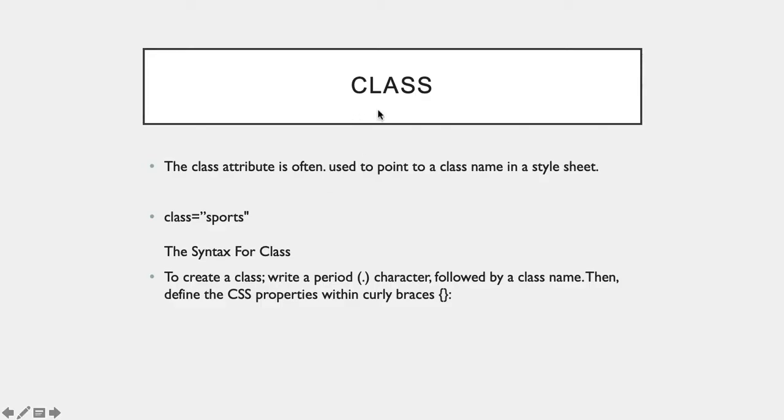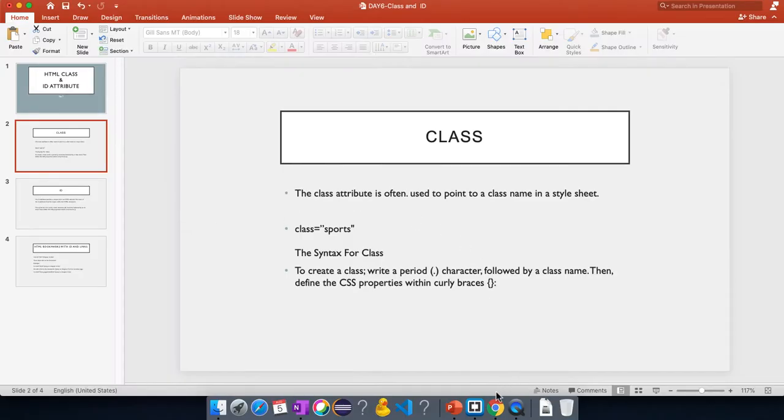First, from theory, class is an attribute where we commonly use the class name in style sheets. Whenever we want to apply some styles, we use classes. The syntax is like this: you create an attribute like class equals sports, or anything like this. In general, for an image, we say the attribute width is equal to 100 pixels. Width is the attribute. Here I am using class as the attribute. Now we will see how we are going to use this.